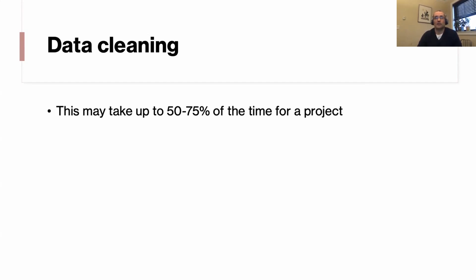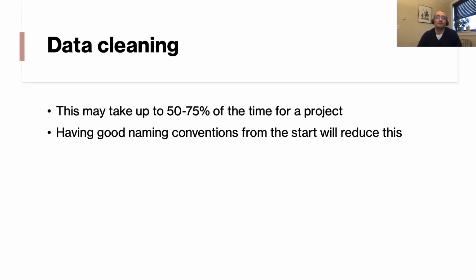And so for a machine learning project, our student was left with 1 month to train the model. That's not ideal. But having good naming conventions and really organizing your data well to start with is going to reduce this time a lot.